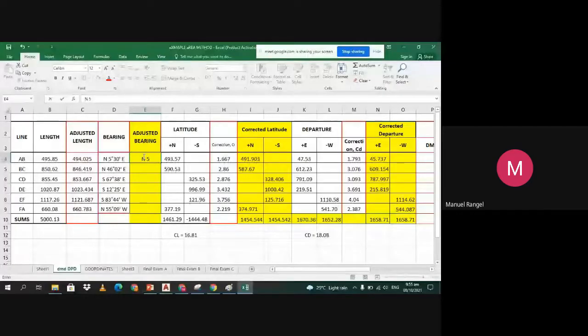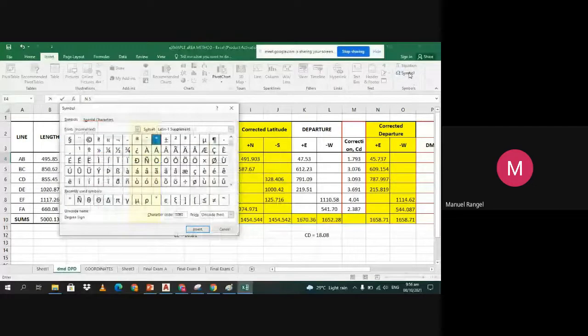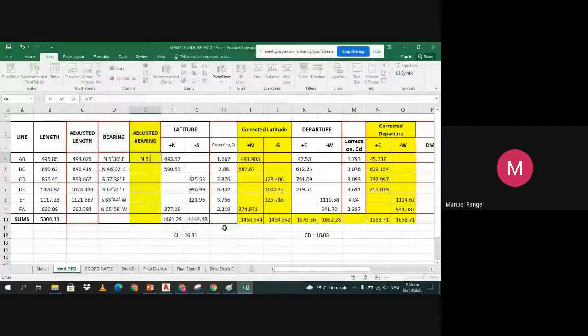5.312. So, in degrees and minutes, 5 degrees and 18 minutes and 43 or 44 seconds. You can round off since it is in seconds. Round off only. Okay, for line BC,